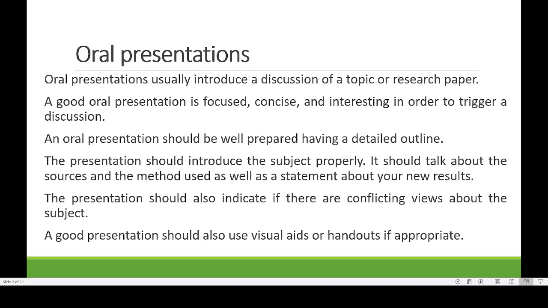And what is the purpose of oral presentation? We have to understand what an oral presentation is, and what the major purpose of an oral presentation is. Oral presentations are usually to introduce a discussion of a topic